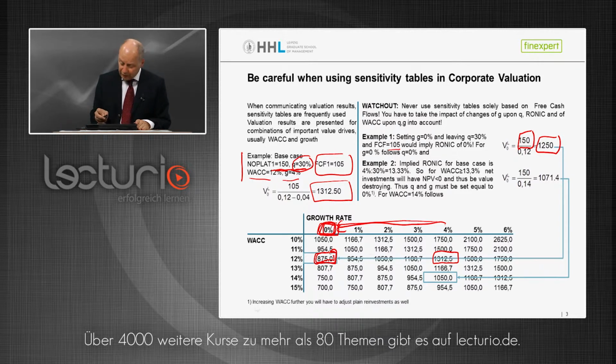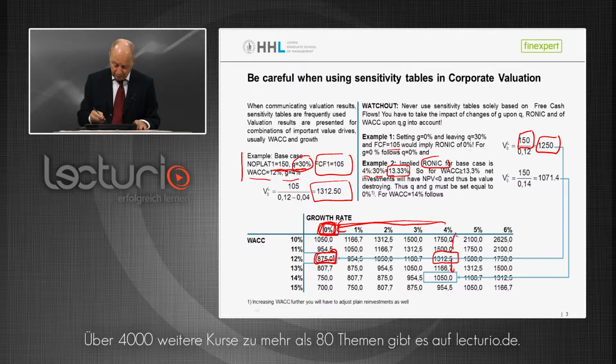Yeah? So if we walk down here, obviously in big steps, we would have to adjust the retention rate as well. The other thing is, another example here, the implied RONIC for our base case is 4% growth rate, 30% retention rate, so our implied rate of return is 13.3%, and it's wise to fix this figure or to calculate it in any of your valuation reports,